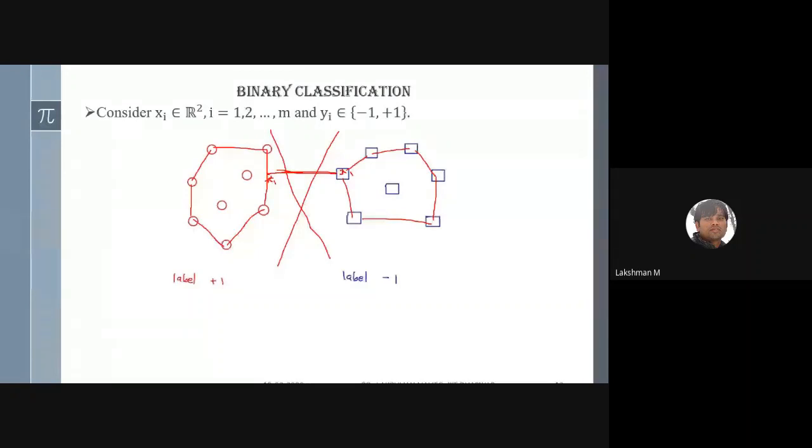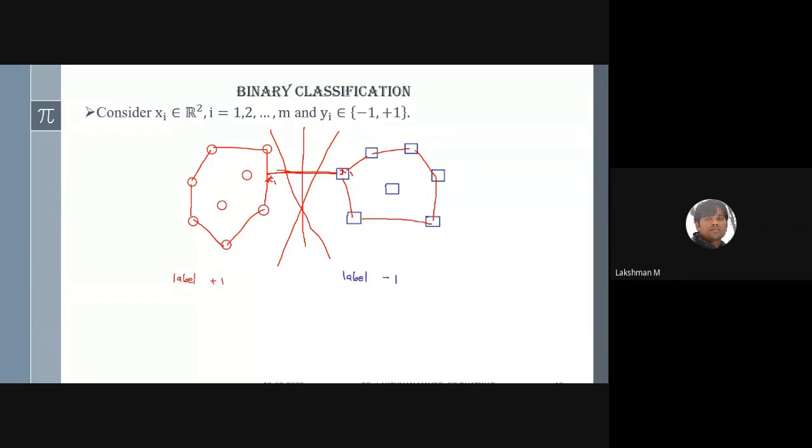Now what do you do? Find the perpendicular bisector of this. It will give your optimal classifier. So that is the idea. It is all about a convex optimization problem. We did the convex hull, and then we found the infimum distance point, which is again a convex optimization problem.